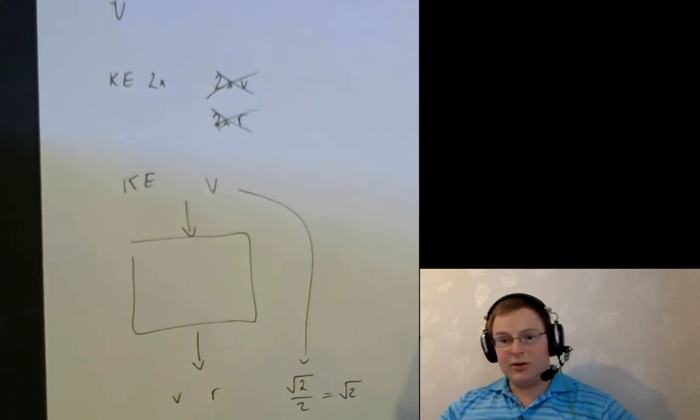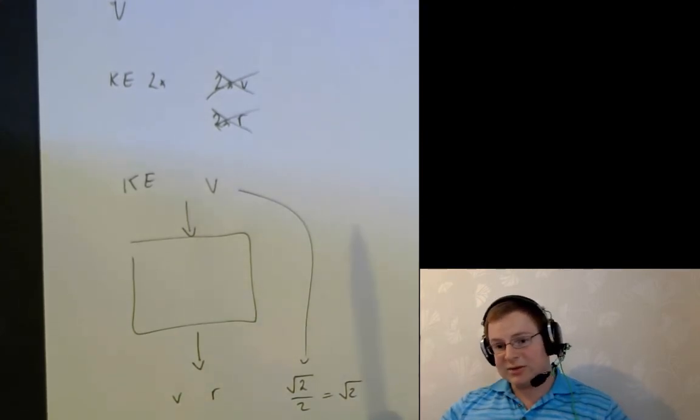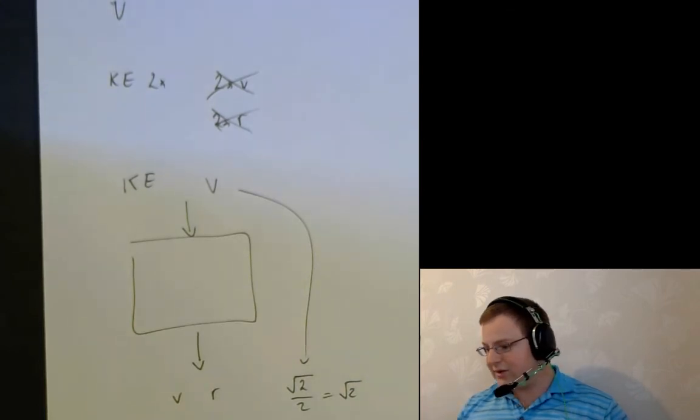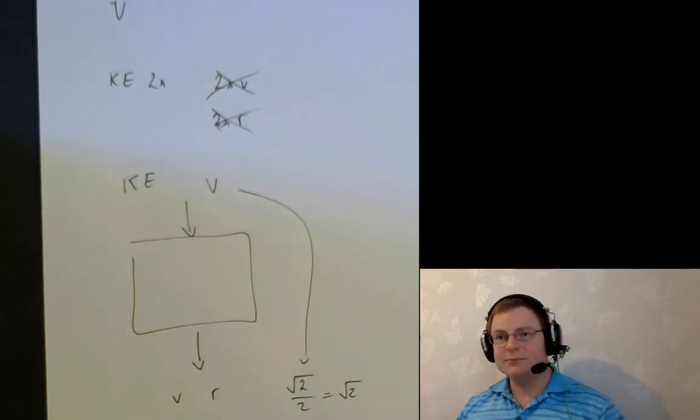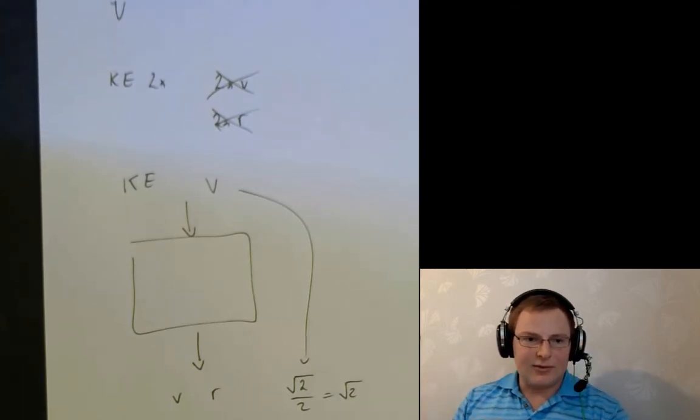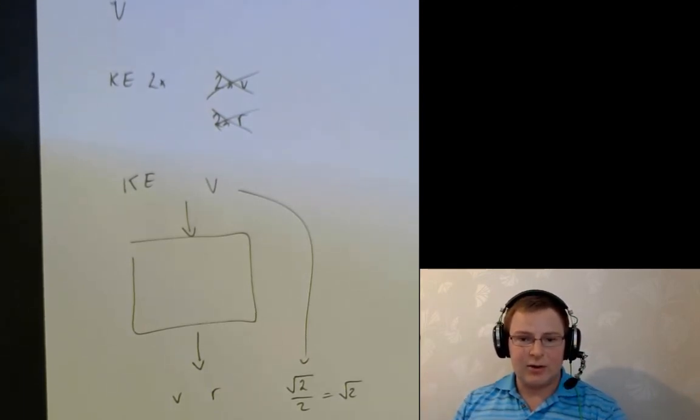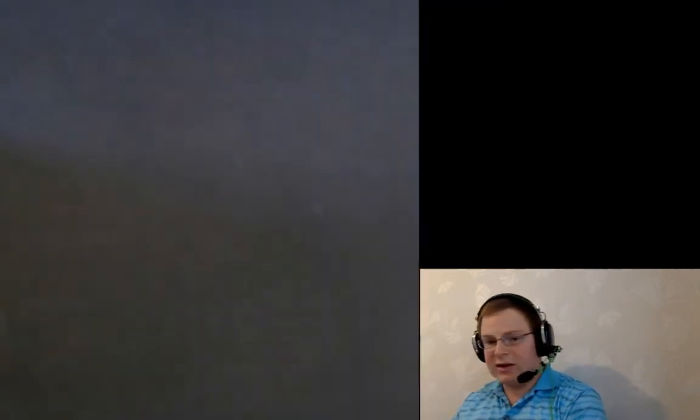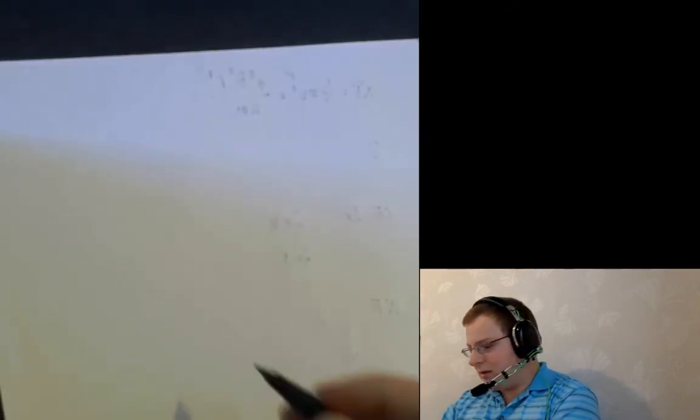For every 1 unit of energy that you put in, it's going to affect the velocity and the radius by less than that. And so as the energy keeps on getting greater and greater, as you keep on getting toward the